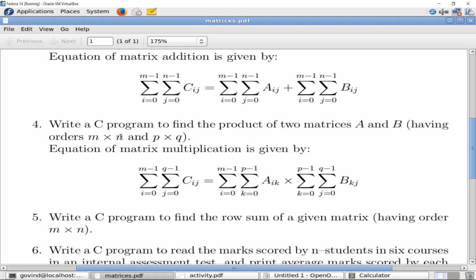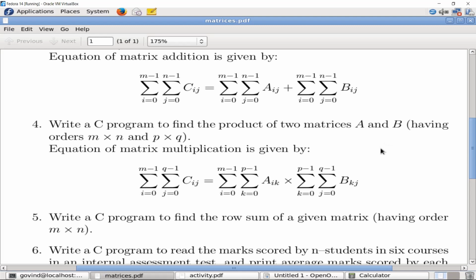This is also the condition, n should be equal to q, and j will be from 0 to q minus 1. So when you are multiplying and storing the result in C, the order of matrix A will be m cross p, and the order of matrix B will be p cross q. So this is the representation.